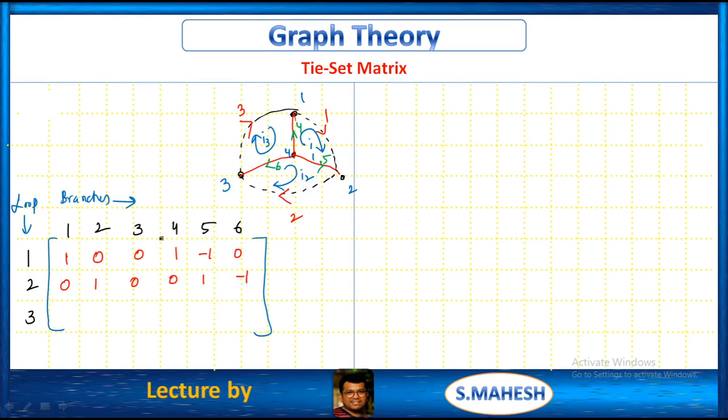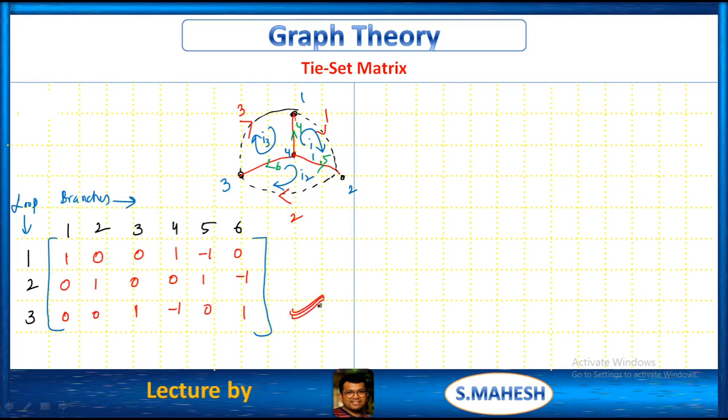Coming to loop 3. This loop 3 is the same as that branch 3 current direction, 1. Like that, branch 6 is the same as that of loop 3 current. So 1. Like that, what about loop 2? So there is no connection. Yeah, we have a connection. Loop 3 with branch 4. Opposite direction. It is minus 1. They are having 0, 0, 0. That's all for the tie set matrix.